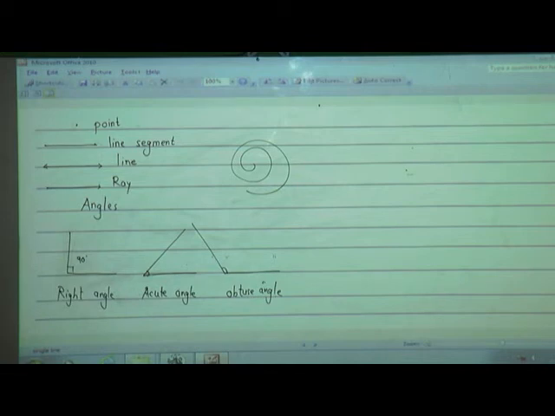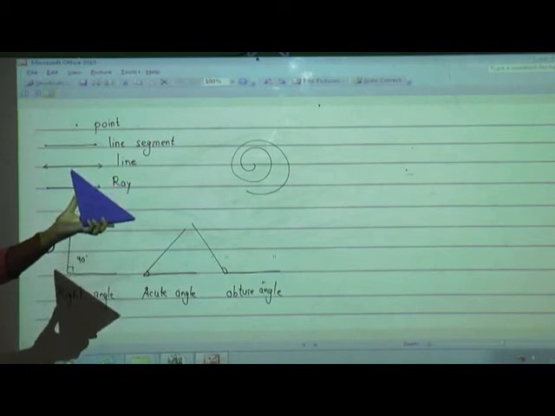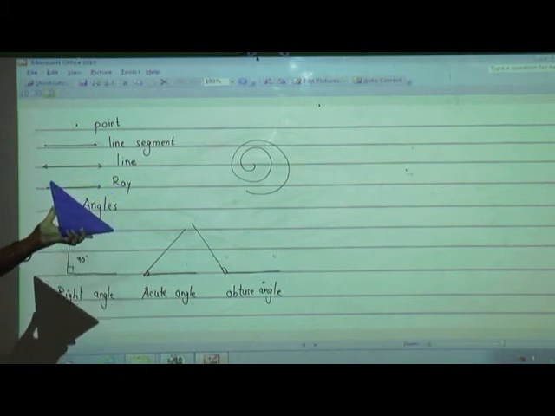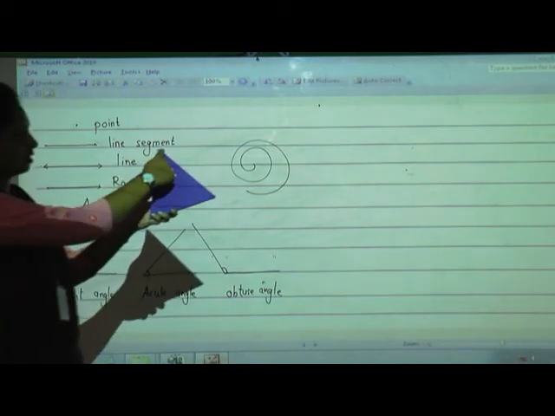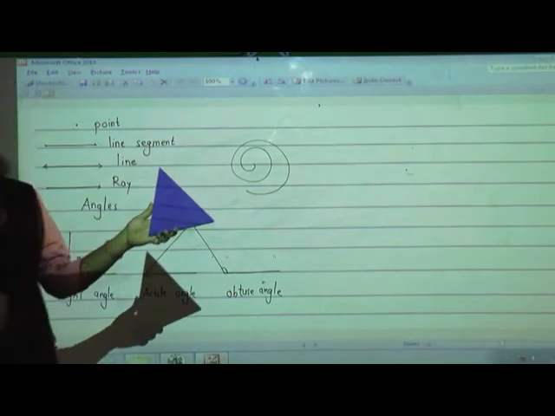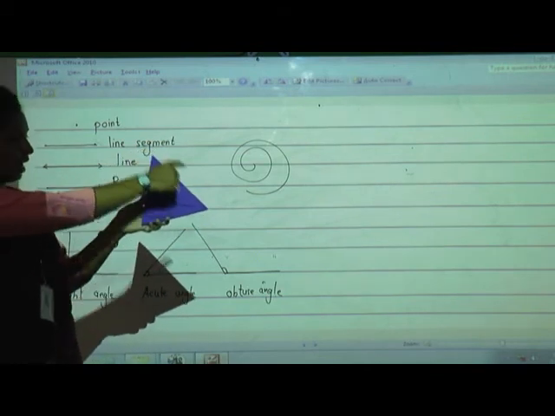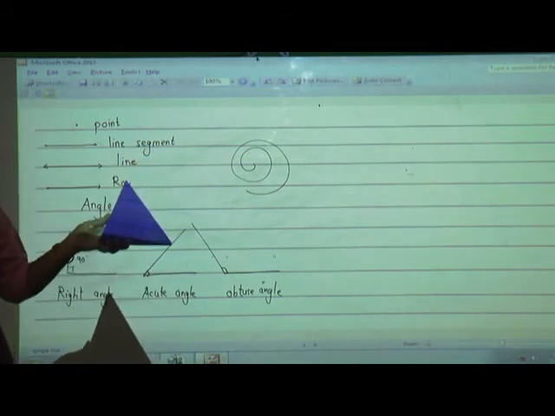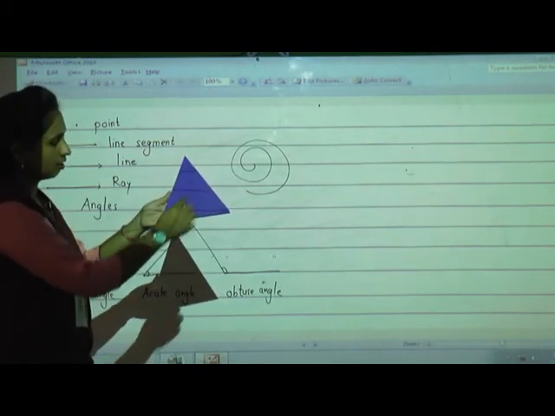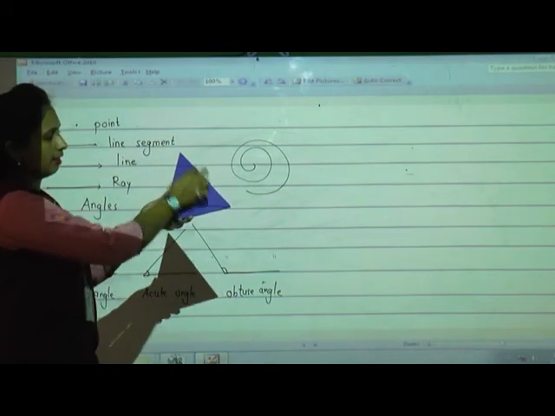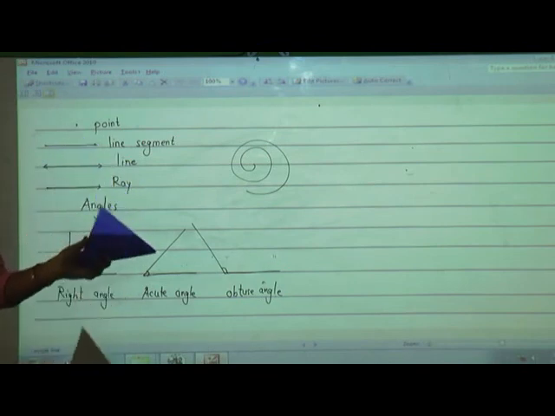And we have studied about the triangle. Now let's revise about the triangle. Tell me, how many line segments are there? It is a polygon with 3 line segments. See, 1, 2 and 3. How many corners are there? Corners, or you can say vertices. How many vertices? 1, 2, 3. Isn't it? And how many angles are there? There are 3 angles. See, first angle, second angle and third angle. Understood? Yes. So this is a triangle.